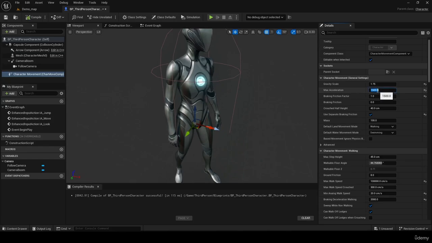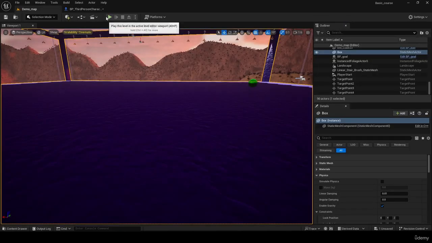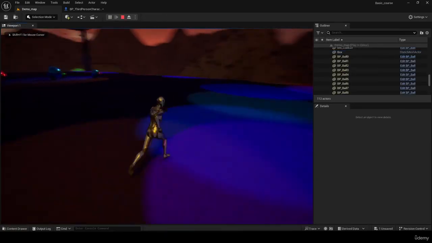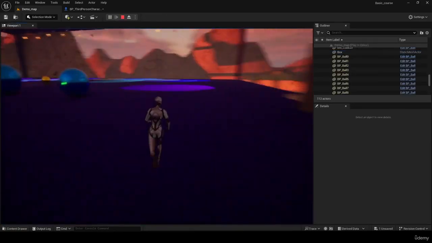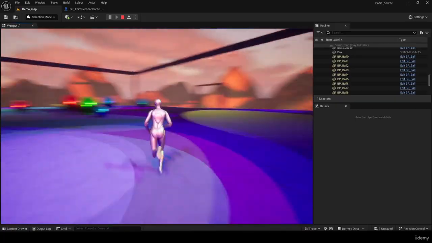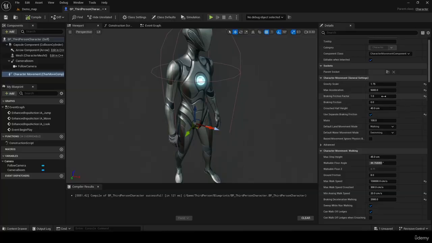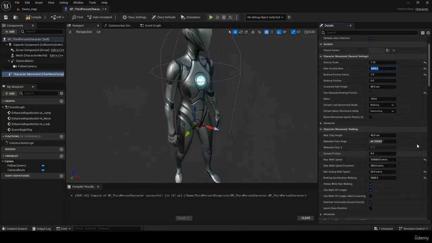If we put it into a higher number, let's say 5000, compile, press play, we will get instant boost speed, and it will go higher and higher until we reach our max speed, which I believe is already too high. So let's put the acceleration to 3000 and make sure our max speed is nowhere near this ridiculous number. If you reset it, it is very slow, so let's put it like,